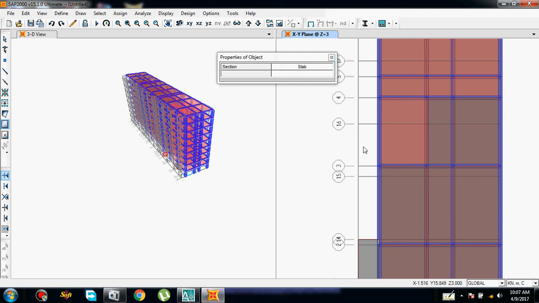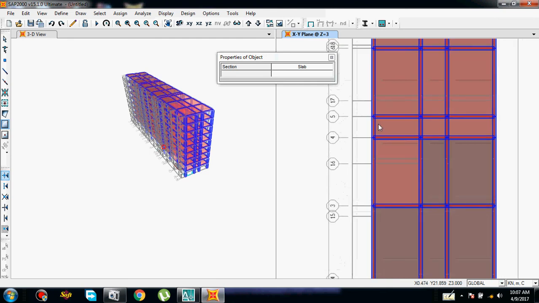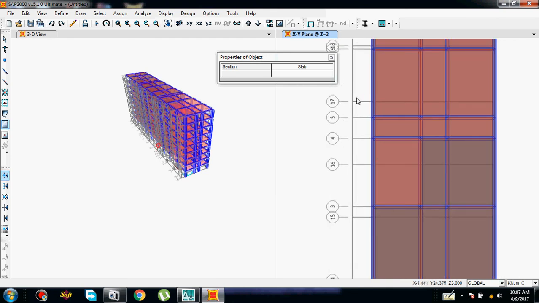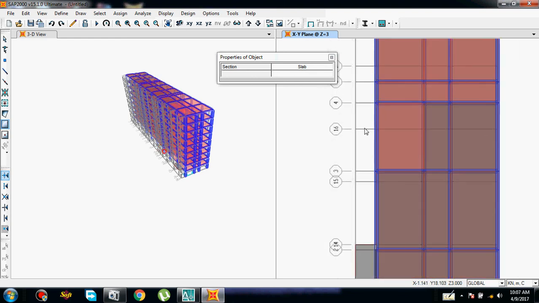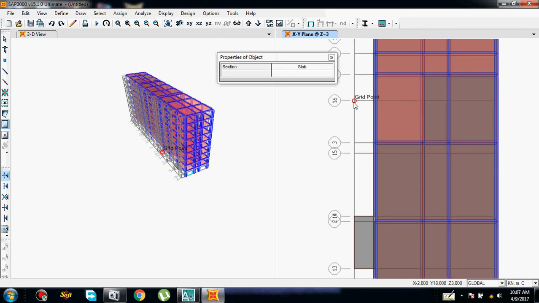I kept 29.3 for the duplicate ID because we could see the grids differently, and we could make the balcony easily. These are the grids for beams, so these are the grids for our